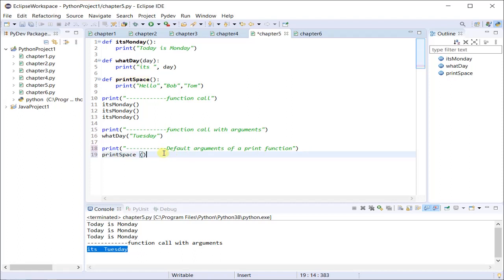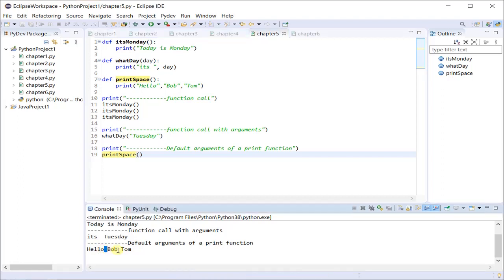This function does not require any argument, so I will run it as is. It printed hello Bob and Tom, and a key point to note here is that all of the inputs for the print function are separated by a space.